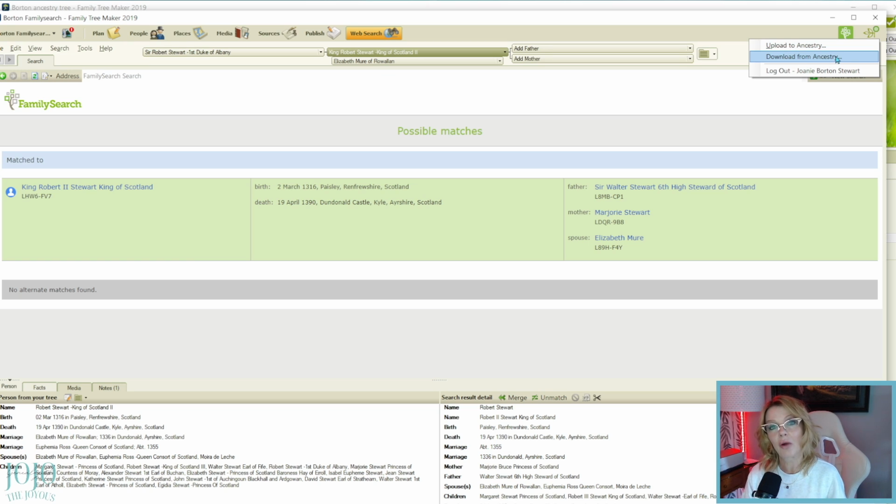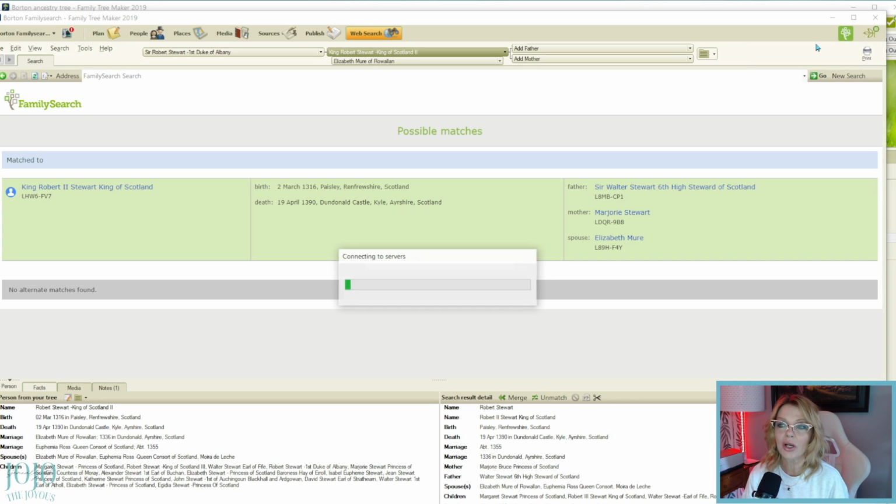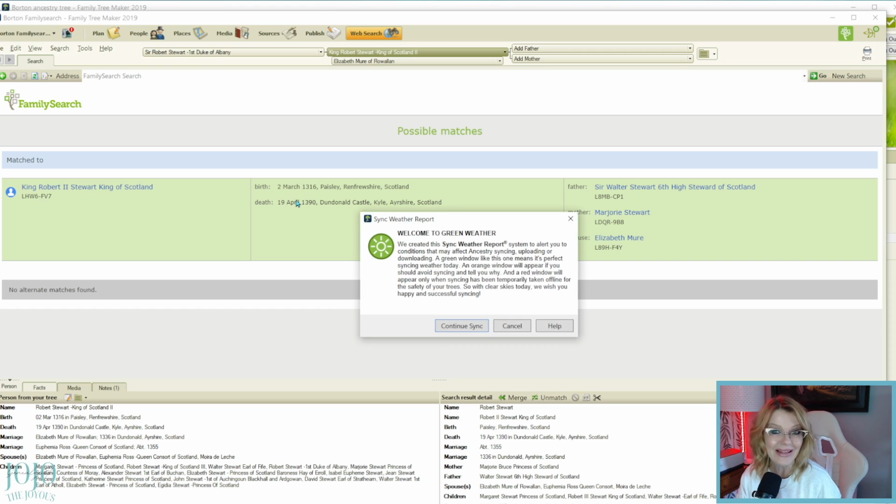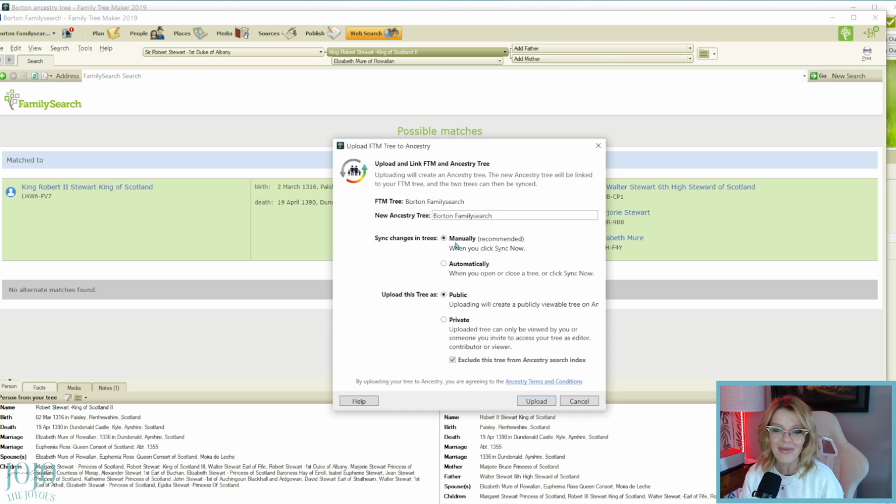Now, I already showed you how we downloaded from Ancestry into Family Tree Maker. Now we're going to upload this Borton tree of 110,000 people into Ancestry. So let's do it. I'm so excited. All right, so we're going to automatically sync. Yeah, we want to automatically sync, I think. I can always change this later. And then here's the cool thing. I'm going to call this Borton Family Search